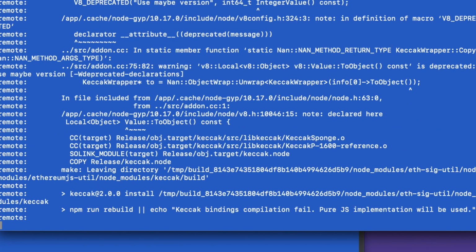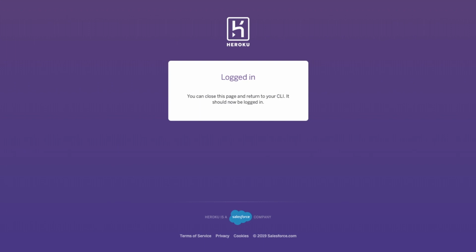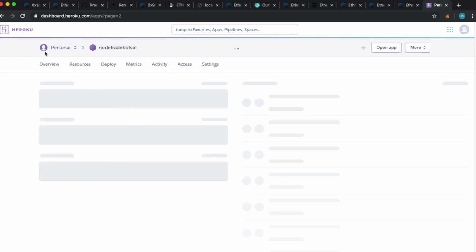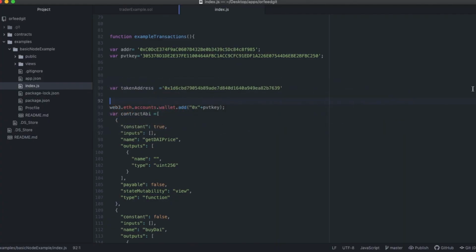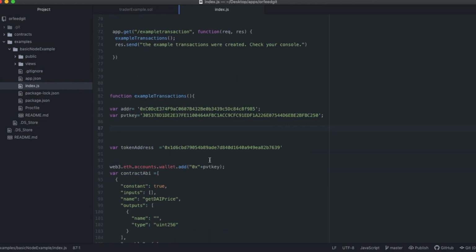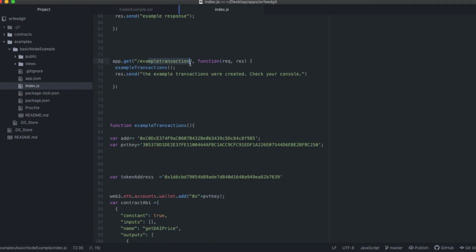and do the same thing that I previously did. So I'm going to pull the window down. Then you'll see it in your list, and then you can just click Open App. And what you'll see is simply the example response that you saw previously. So there it is. And then I can go to / and then I can call my function. So I can call the example transaction function, and it'll actually perform the transaction. So it'll say, hey, look at your console.